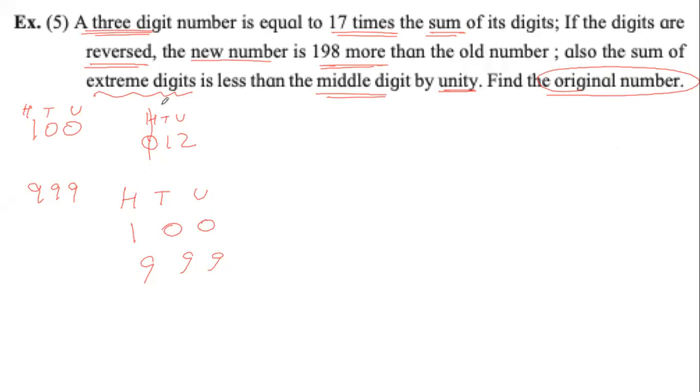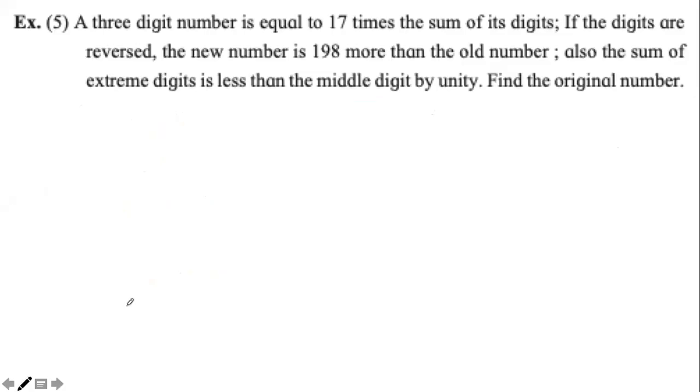Thank you, Fiza. Right? So we have to make such a 3-digit number. I'm clearing the screen to start again. We have to find the original number. So what is that 3-digit number? A 3-digit number will have 3 digits in it. To start, let us say the places are hundreds, tens, and units, and our digits are X, Y, and Z.